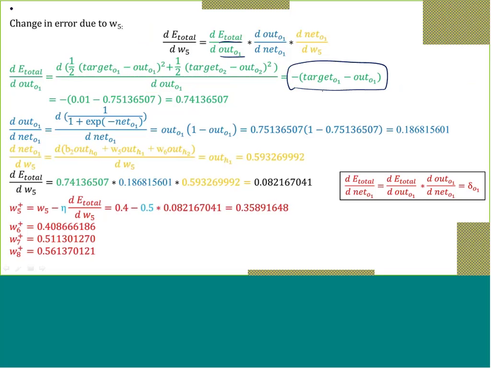I know what my target is. My target was 0.001, right? And this is the output of the node, when I had something in net O1. This is my output O1, the output layer first node. This is my net, and I am changing it through a sigmoid function. I am getting some out O1, right? So this out O1 is here, and I am using this minus my target. I am just subtracting it, and I'm getting this expression. Similarly,